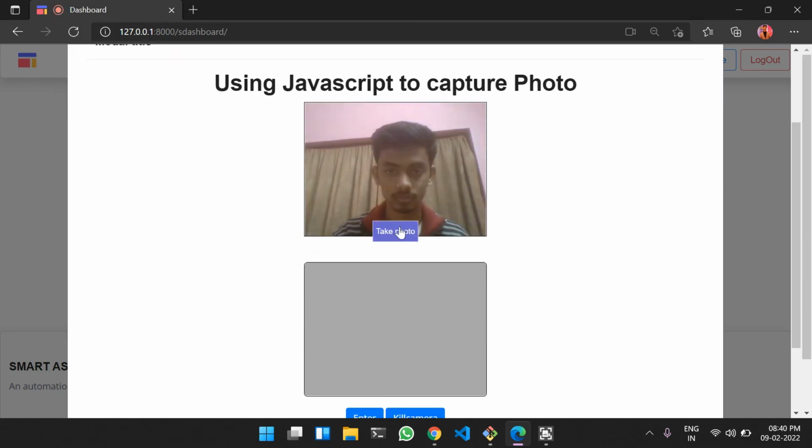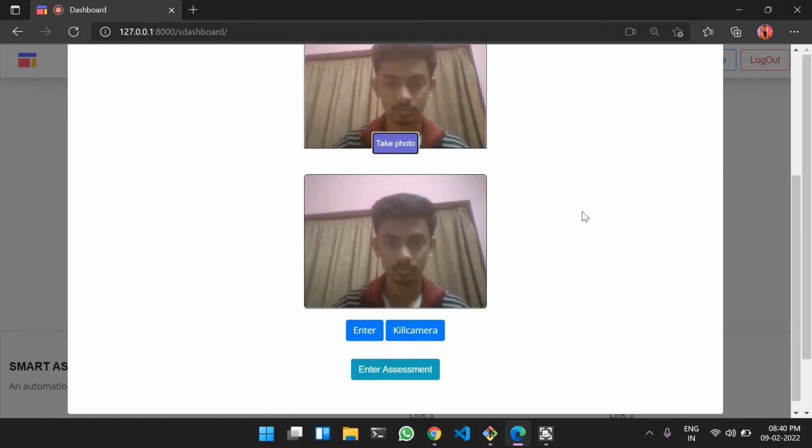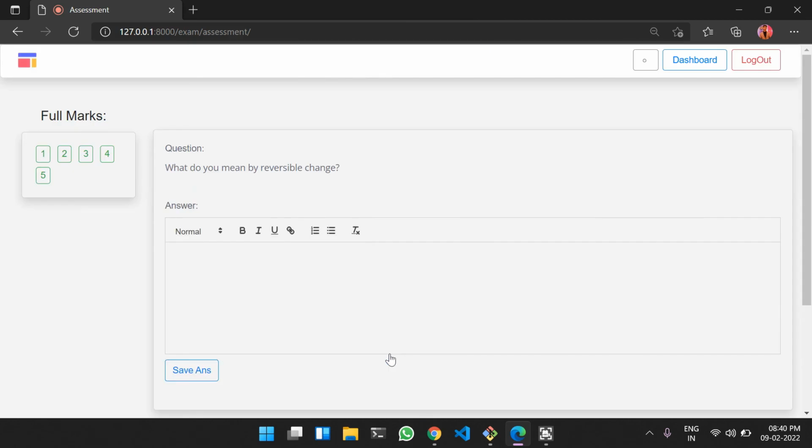Upon clicking on attempt, students have to take a photo in a well-lit room where their face is clearly visible. Then they will be redirected to the assessment page where they will be able to view the questions and answer them. They are also free to edit their answer along the way until they want to final submit their answers or